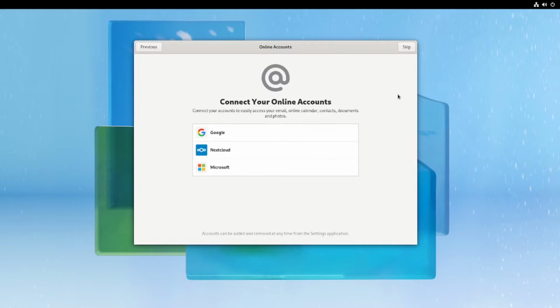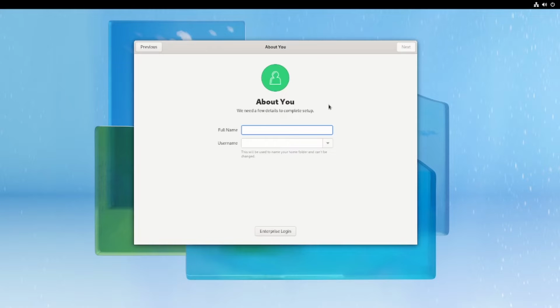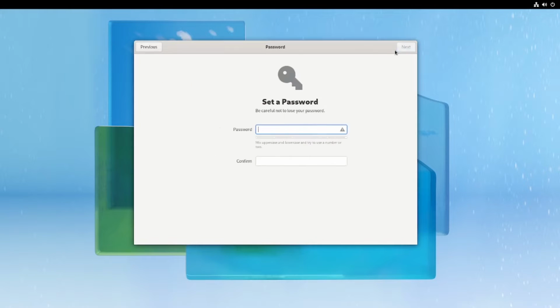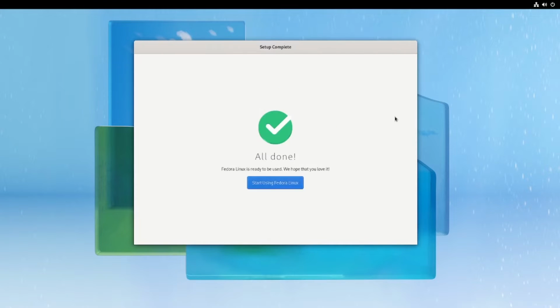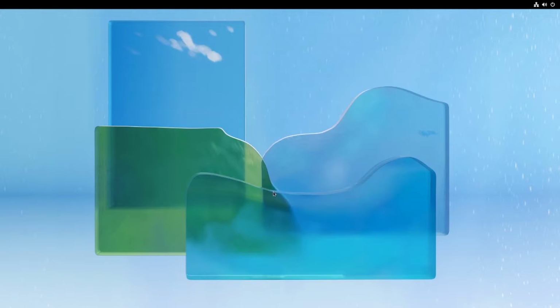I don't want to set up the online account, just click the skip button. Then we need to create a username and set the username's password. All done, and we can start to use Fedora.